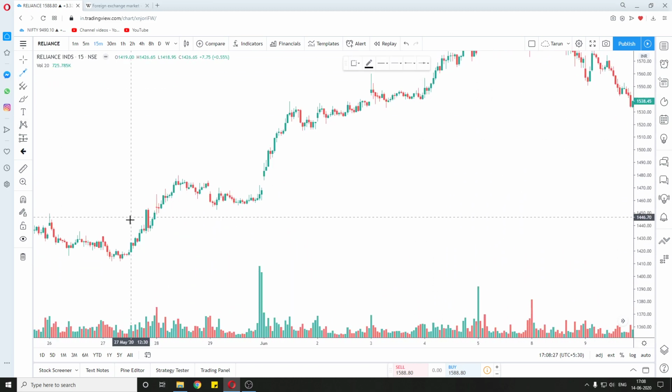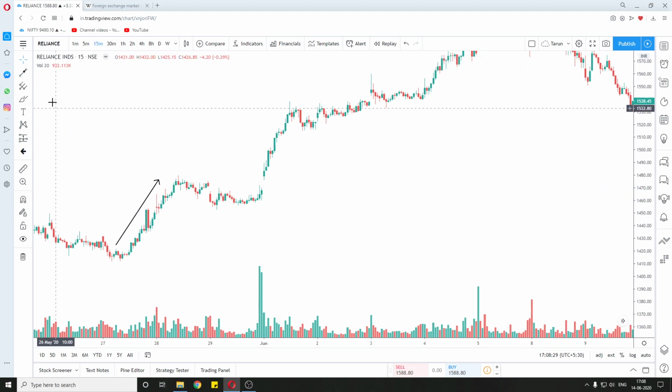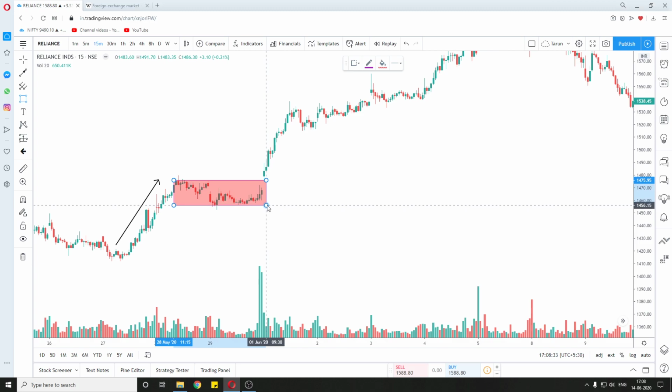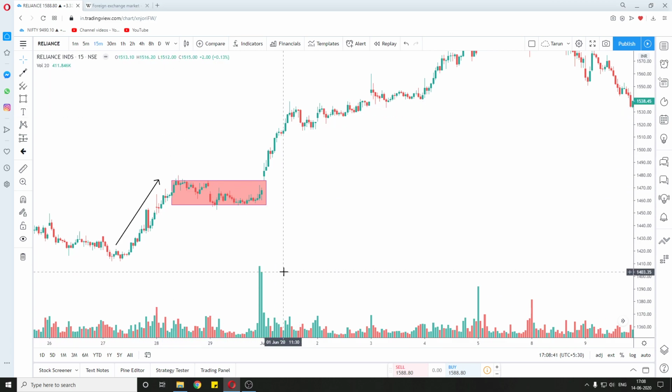So we had an initial uptrend. Now we were in an accumulation phase. What the big players are doing is that they are accumulating in this period. One question that a lot of people ask me is how can we tell the difference between an accumulation phase and a distribution phase? The answer is we cannot tell. We can only tell after the breakout takes place.